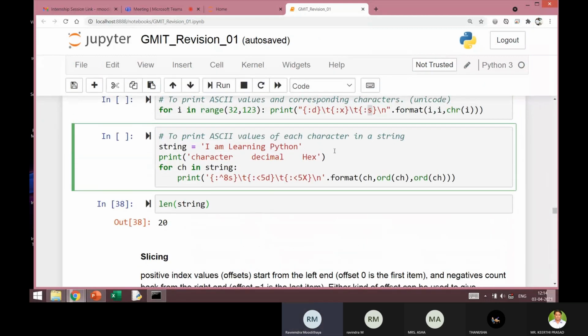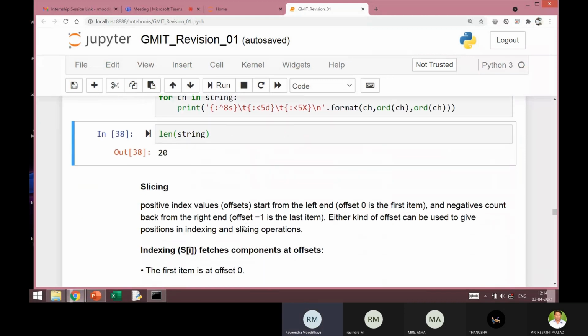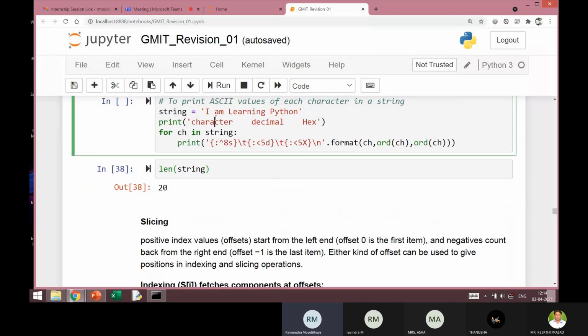Using this index, I'll be able to extract the different portions of this string, and let's see how this can be done. So how are the indexes numbered? With positive index, the starting character is 0 and the last character is length of the string minus 1. With negative indexing, the last one will have -1 and the first one will have minus length of the string.